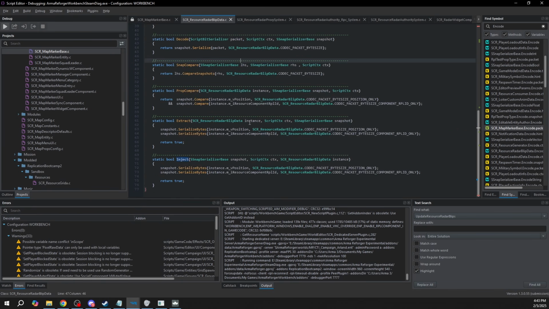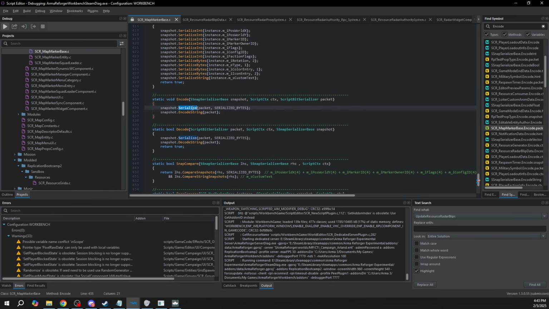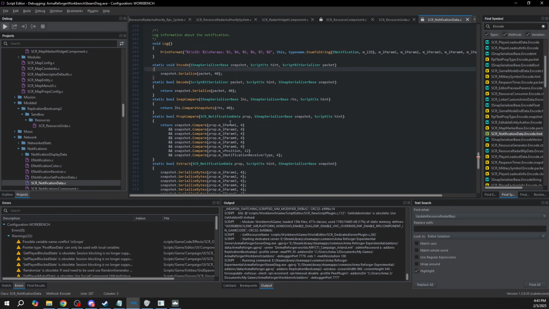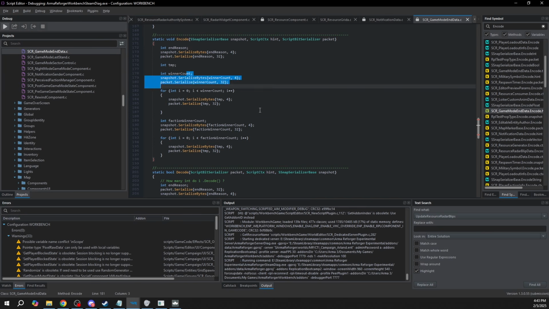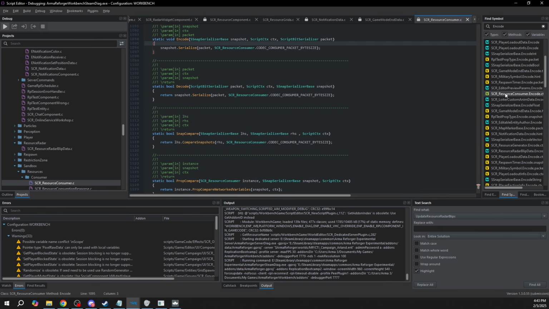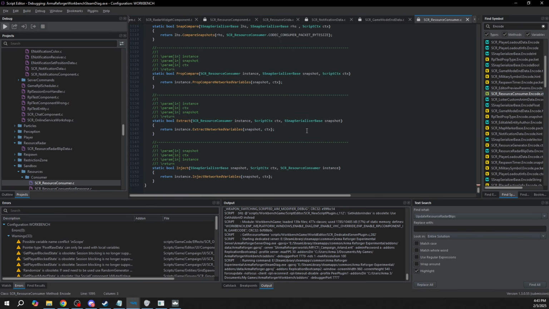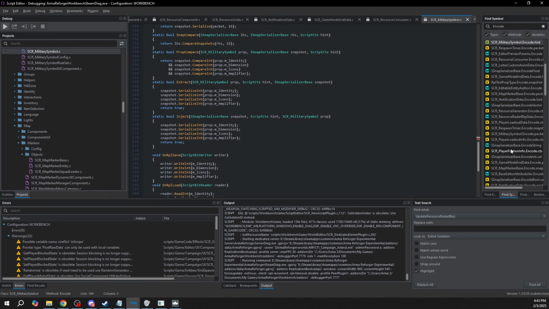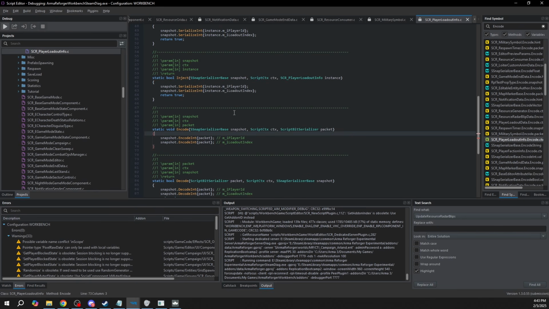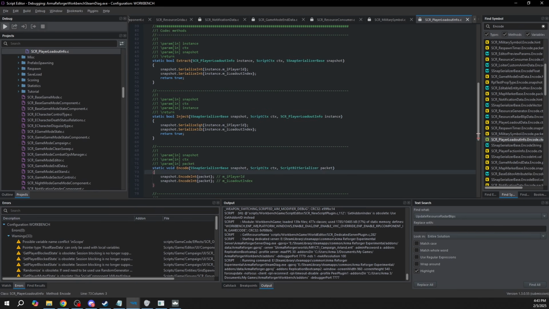But normally what you can do is use serialize in encode and decode, for each member of the class. Yeah, so you can see it here, for example, that when we serialize,